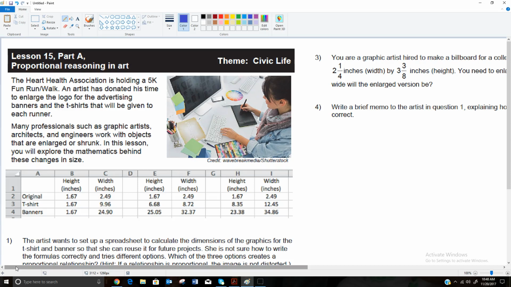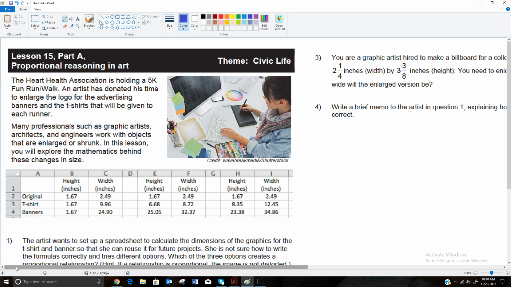So in starting Unit 15, we're going to be talking about proportions. And we're going to start off with a problem with proportional reasoning in artwork. We have a scenario here where the Heart Health Association is holding a 5K fun run or walk, and an artist has donated his time to enlarge the logo for the advertising banners and the t-shirts that will be given